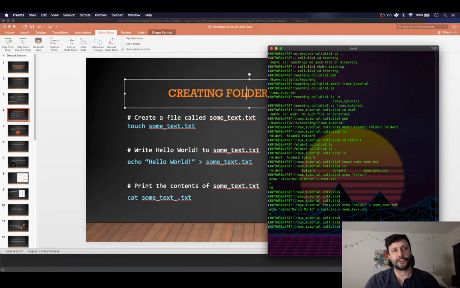Okay, I don't actually know what's going on there. There's some actual weird stuff happening. What we can do instead is just be brave and use Vim. So if we type vim some text.txt, so Vim is a text editor that's